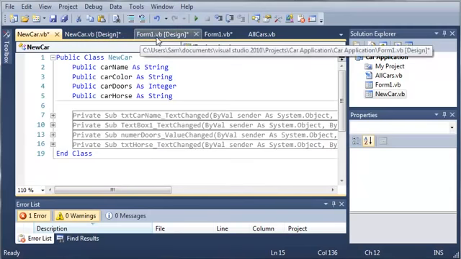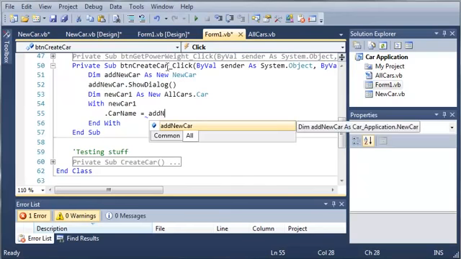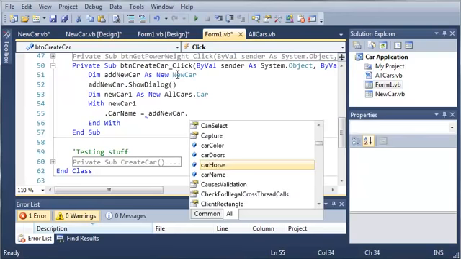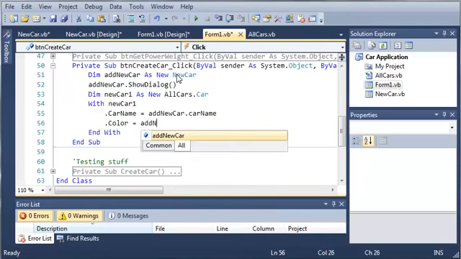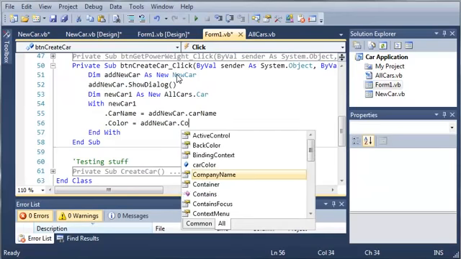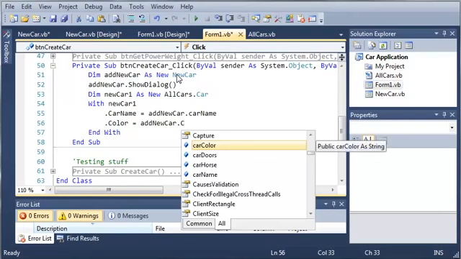So now that we've stored all of the values we're going to need to know, let's go back into our form1.vb code, and we're going to use with new car1. New car1 dot car name is going to be equal to, and you can see we've got new car right here, so we'll type add new car, which is the object of new car, and we're going to get the public variable car name. And now we're going to access the color. We'll set that equal to add new car dot car color,